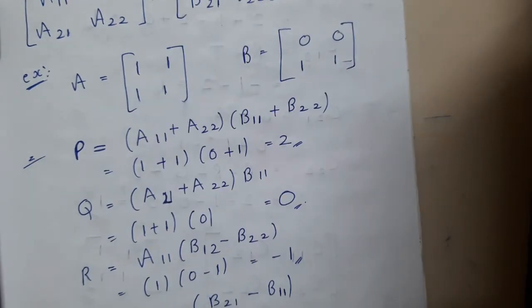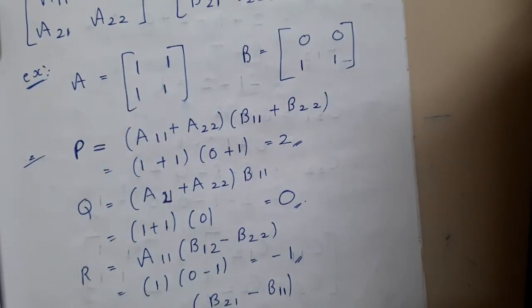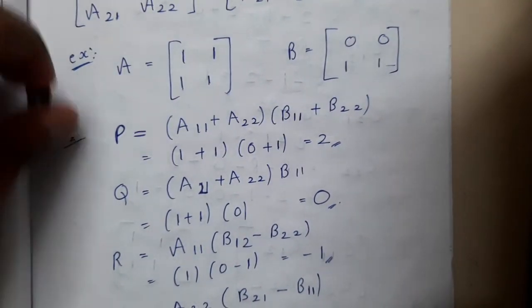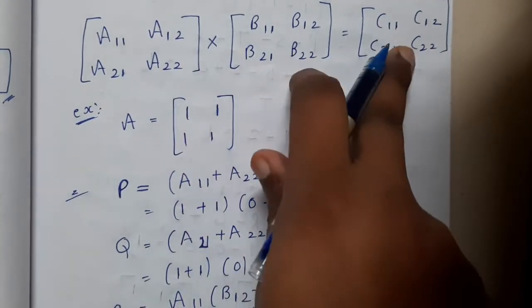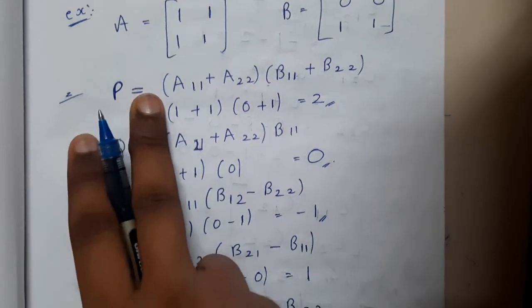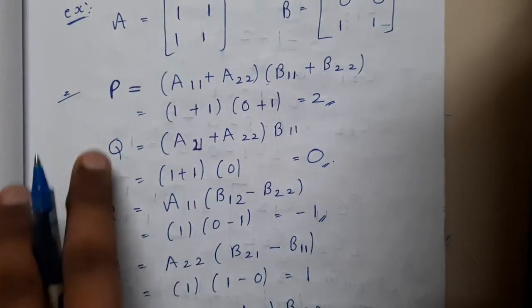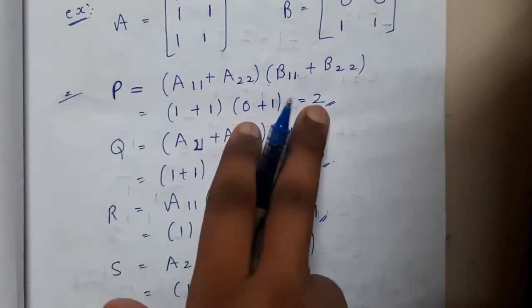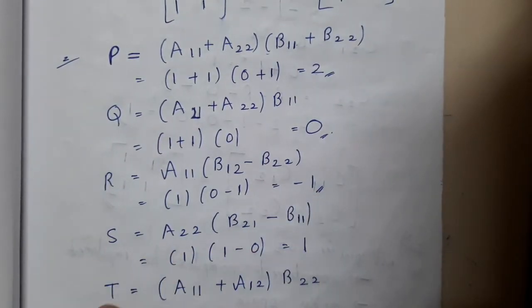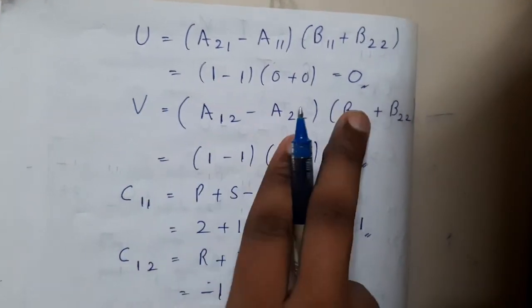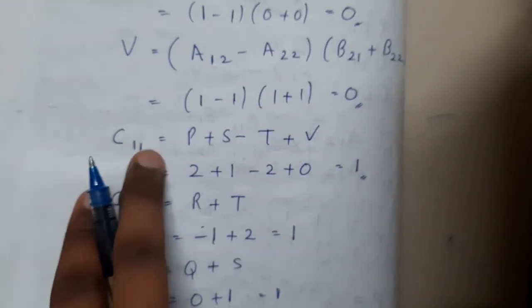So remembering the formulas is a bit complex when compared with the problem. There will be 2 matrices given for you, and he will be asking for the result. You will just be substituting the values of the matrices in the formulas that we have designed. For P you got 2, Q we got 0, for R we got -1, for S we got 1, for T we got 2. So you can just solve it, guys. If anyone can solve it, just substitute the values and you will be getting U equal to 0, V equal to 0, at the end C11.